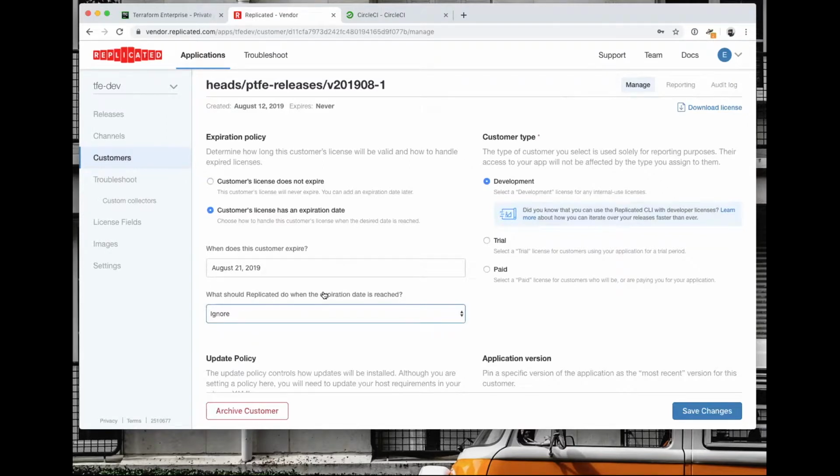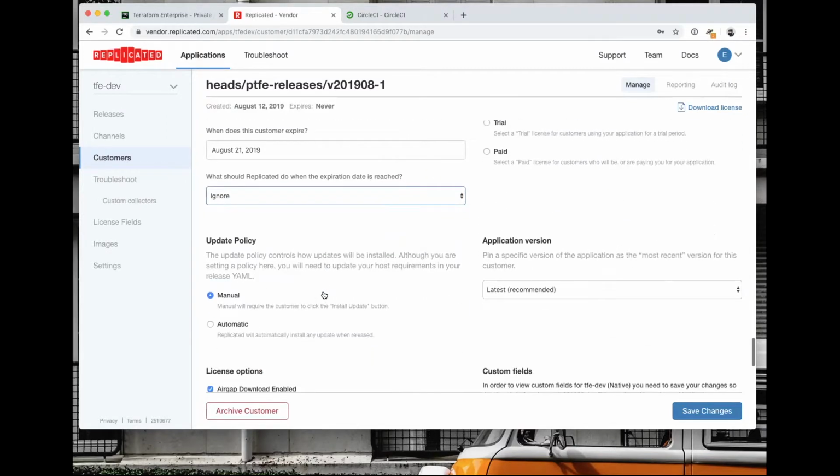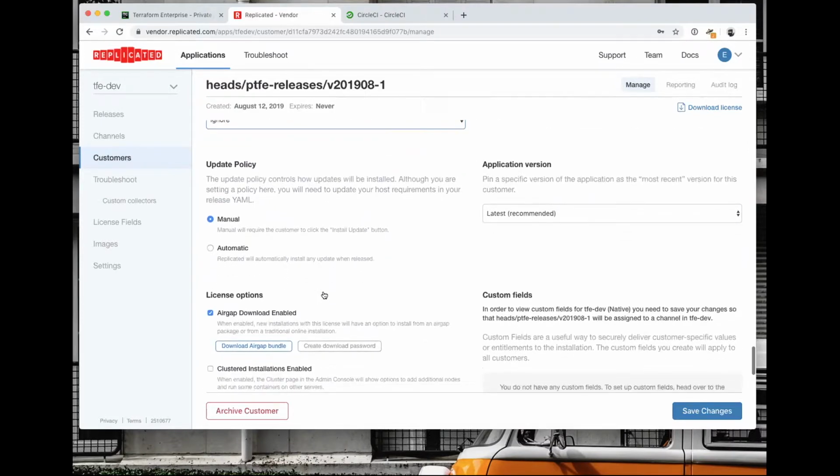And if you scroll down more, we talked a bit earlier about the idea of update policy. If you want to ensure that your customers are always running the latest version, maybe at the entry tier of your enterprise offering, you just do automatic updates. So if you buy a basic license of Terraform Enterprise online and pay the entry price, you're going to get updates automatically pushed to you every time we release one. If you want more flexibility and more process around this, you'll need to pay for a higher tier and get manual updates. We've seen some customers do that.